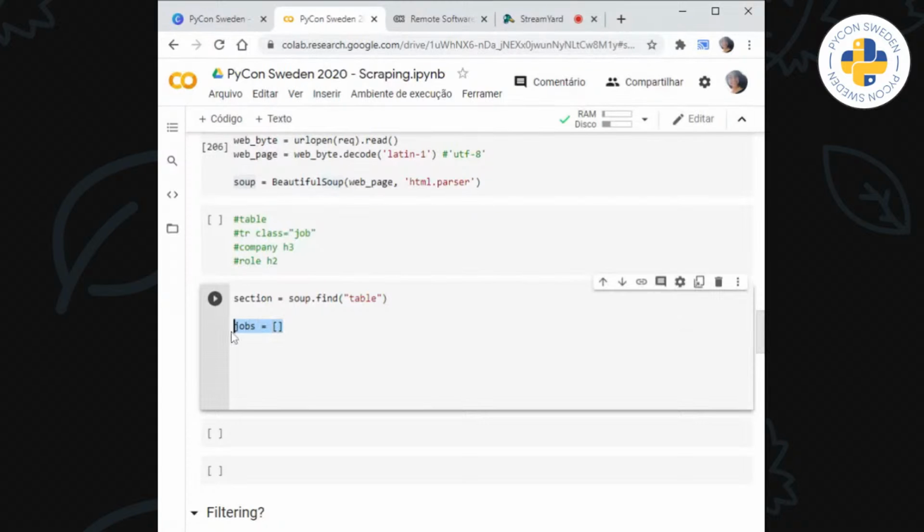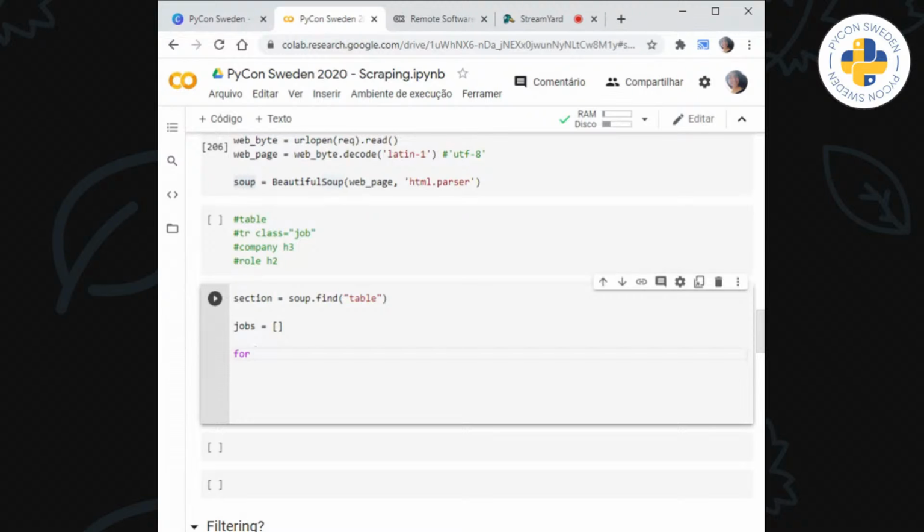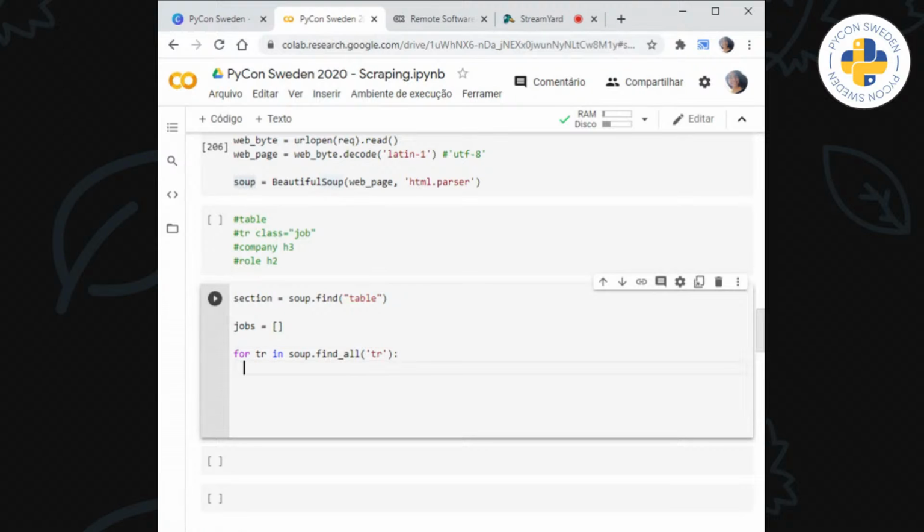And now that we have a list of jobs, we could also go through all the rows inside the table. So for tr in soup.find_all, in this case, find all tr. Here we're going to have all the rows.